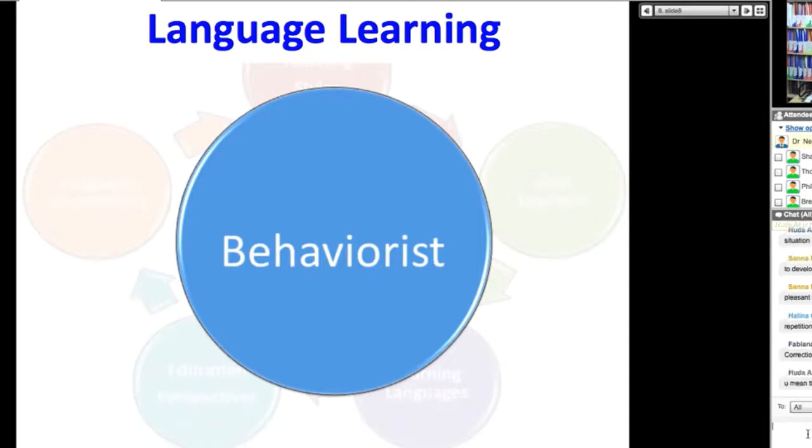Thank you, Fabiana. But rewarding, don't forget, you're going to correct them and reward. Correct them and reward. You're going to do this over and over and over again until they get it, until it becomes automatic. Are you going to explain things? No, you're not going to explain. You're just going to make them automatic. No explanations for behaviorists.